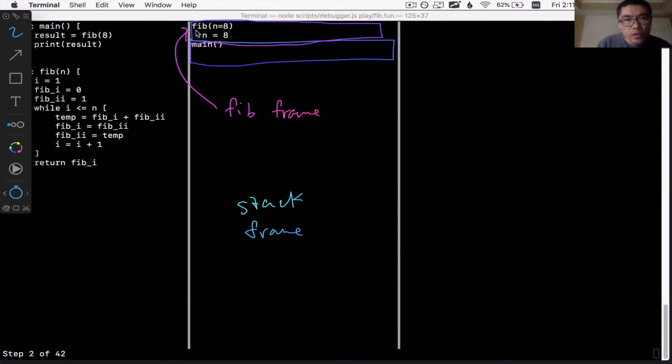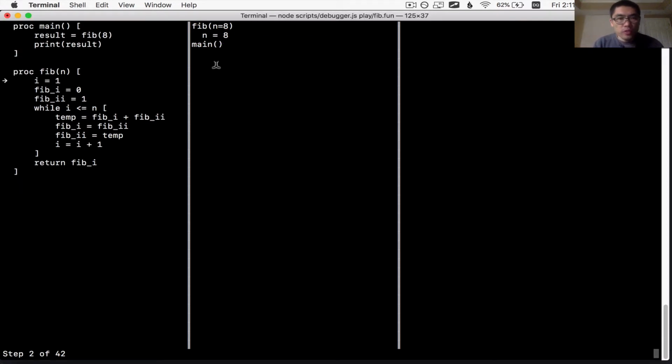And a Fib frame, a new frame is created whenever a function call has been issued. And so this records the parameter that went in to that function. And then within the frame, we have the current state of the local variables of the function. So now you can see the multiple frames in action. And now the first thing the Fib function is going to do is instantiate an i to 1. It'll also make two more variables, this